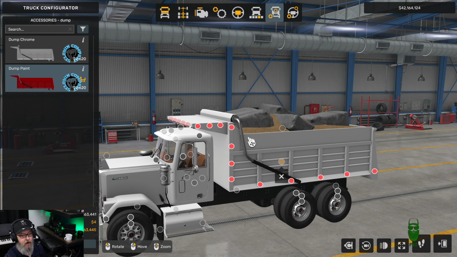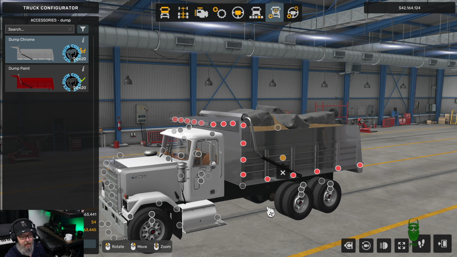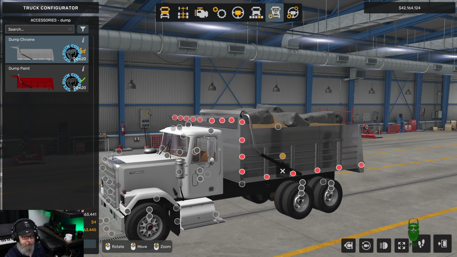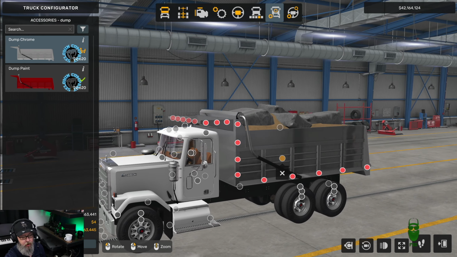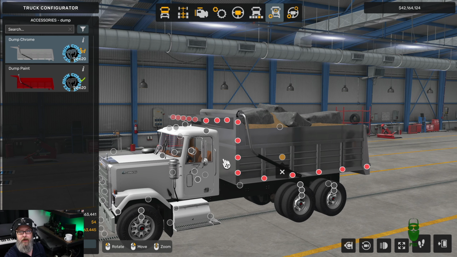Also, if we want to go ahead and take this and make it paint, we can, or we can just chrome it out. As it stands with paint, it's going to stay the same color as the primary color on your truck. Not to mention that you can put lights on it too, which brings us kind of to the next little iteration of this, and that is the fact that you can have this with a load, or